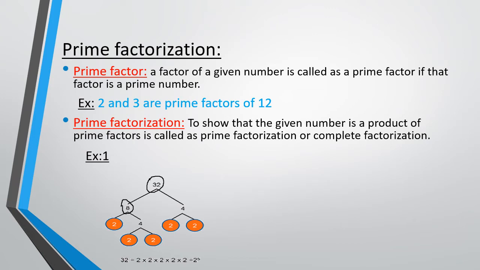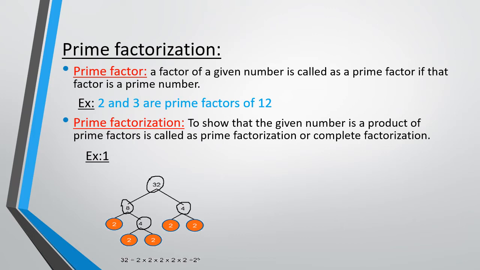So 2 is a prime factor, so I am leaving it just like that. 4 is not a prime number, so I need to factorize that. So I will be writing 2 twos are 4. So the end factors are prime here, so we leave this also. Finished, we are done with it. Now here we have a 4. So 2 twos are 4. Again we got our prime factor 2, so we are stopping right there.